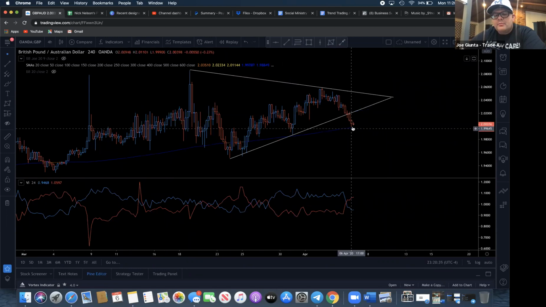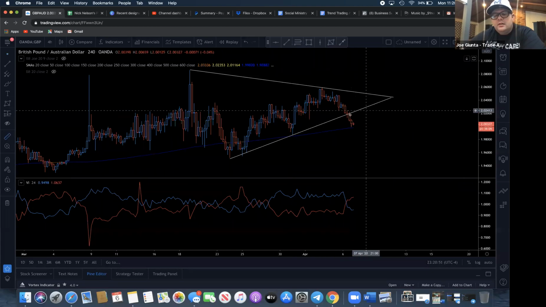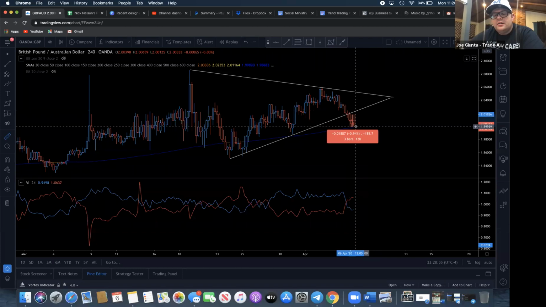Now, in this case, I know I'm breaking a wedge. And look, when I'm breaking the wedge, I'm also approaching my moving average. I'm not way up here, I'm way down here. I'm getting real close to my moving average. So now a sell is possible. So why am I looking at a sell? I'm looking at a sell here. I get in. Now, mind you, this is a 4-hour chart, not a 30-minute chart. That's 200 pips, guys.